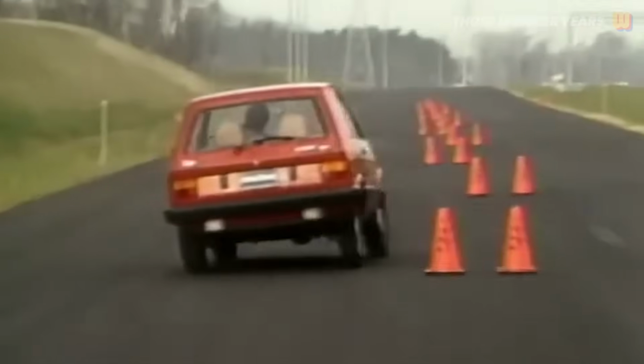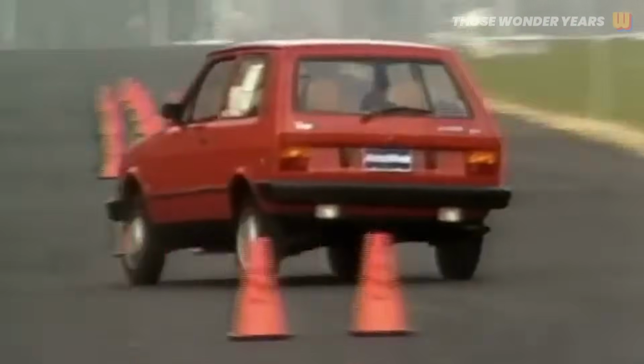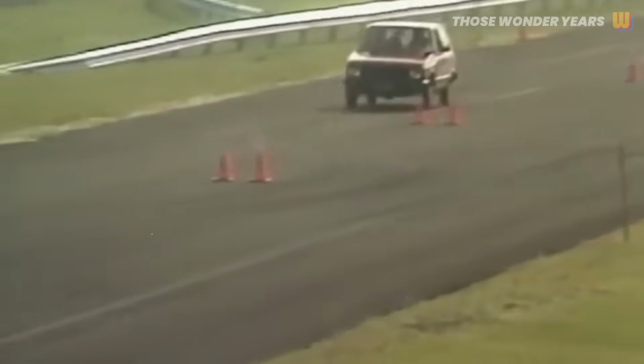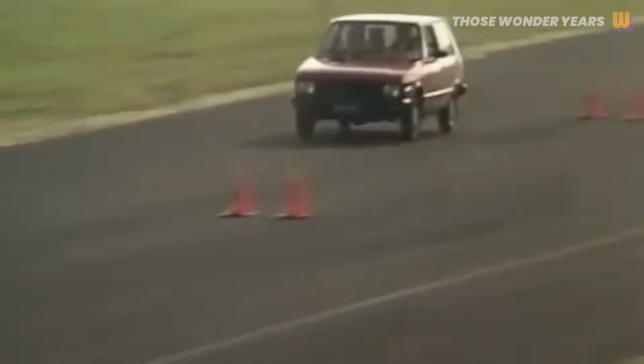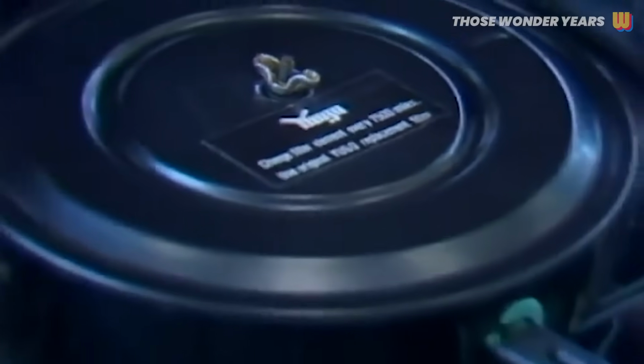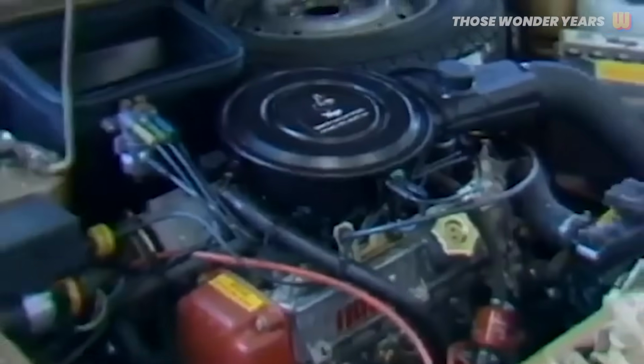But the Yugo's infamy wasn't limited to its underwhelming performance. Its very name became synonymous with failure and disappointment, spawning a litany of derisive quips. As one popular joke went, "What do you call a Yugo with a flat tire? Totaled." Another zinger suggested that the best way to double a Yugo's value was simply to fill up its gas